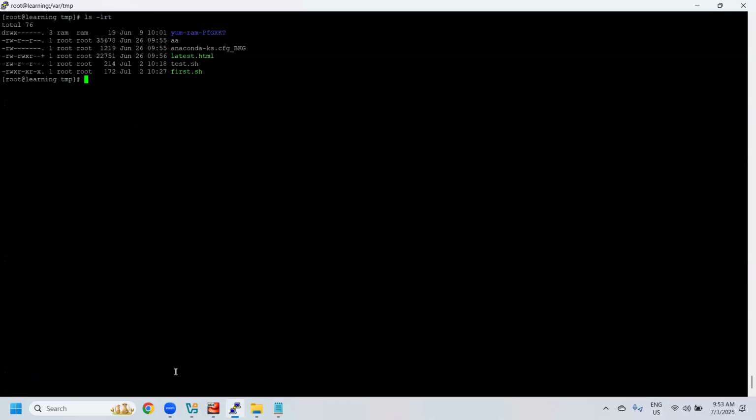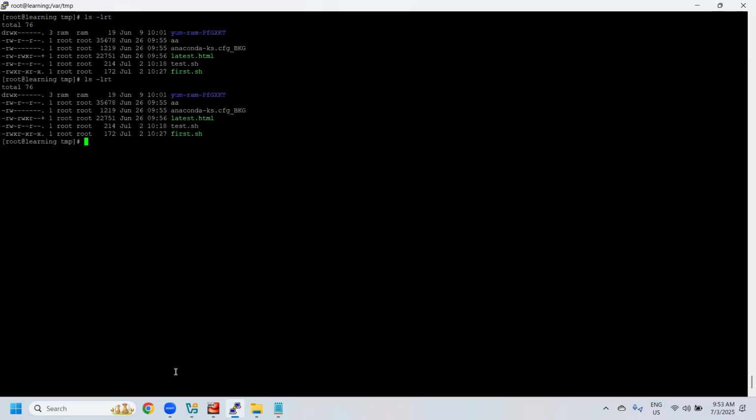Now, the other way to execute a program is, for example, if I'm trying to run ls -lrt, ls -lrt is also one executable file. But even though I'm not passing a path, you are able to execute this program. So how can we execute this program? The reason behind this is, as I said earlier,